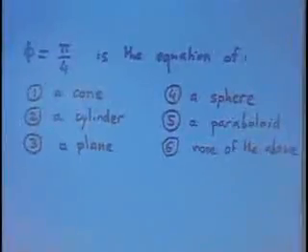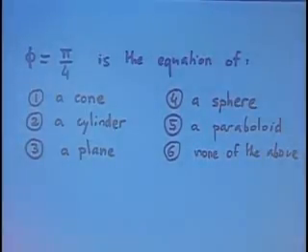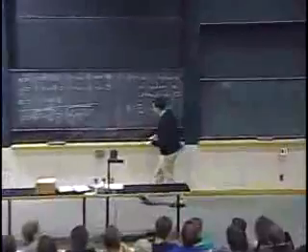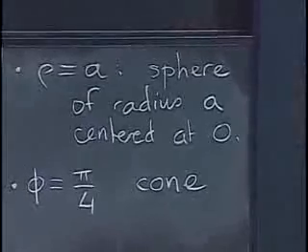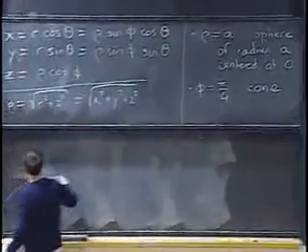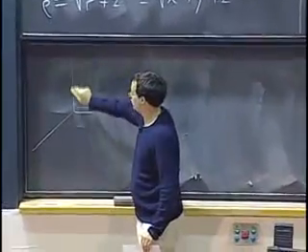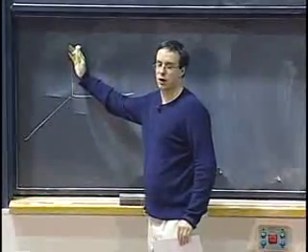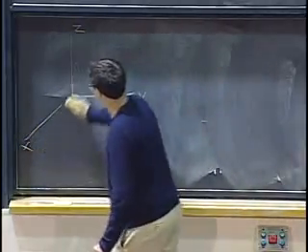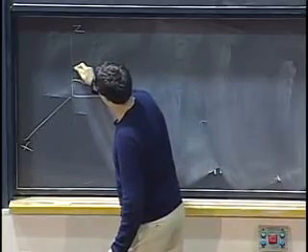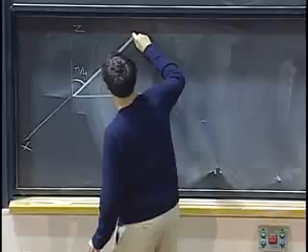Actually, let's take a quick poll on things. Okay, yeah, everyone seems to be saying it's a cone, and that's indeed the correct answer. So how do we see that? Well, phi, remember, phi is the angle downward from the z-axis. So let's say that I'm going to look first at what happens if I'm in the right half of the plane of the blackboard, so in the yz plane. Then phi is the angle downward from here. So if I want to get pi over 4, that's 45 degrees. That means I'm going to go diagonally like this.